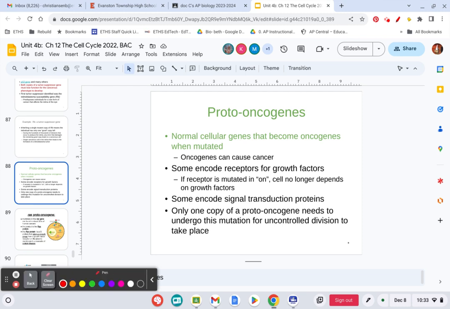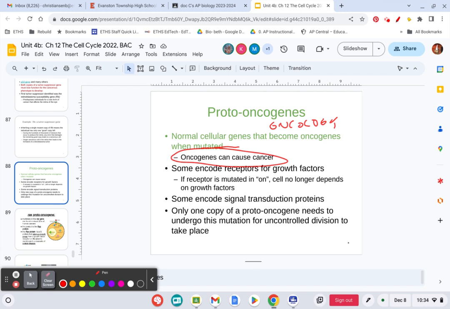What's the study of cancer called? Oncology. Because now, I'm sorry, that kind of looks like gynecology, weirdly enough. Sorry, it's oncology. Oncogenes. Notice the proto's not there anymore. Oncogenes cause cancer. These are genes that get mutated in a way that keeps the cell cycle moving forward. Rather than shutting off after you've grown and divided and now you're done, those oncogenes now don't shut off.